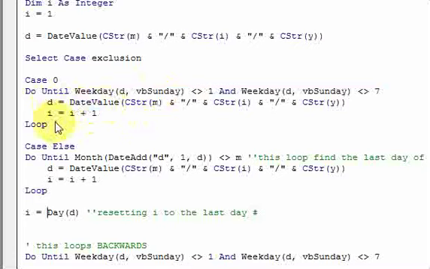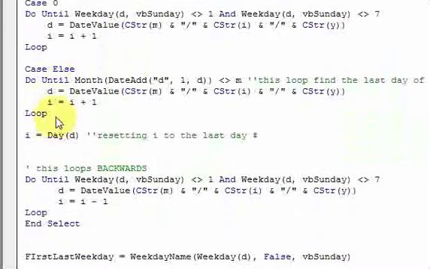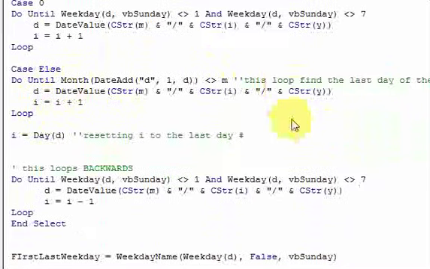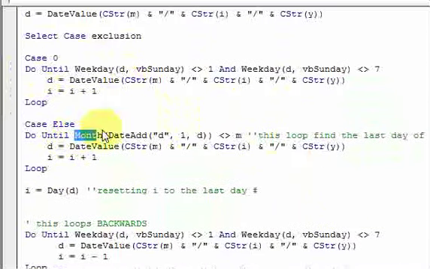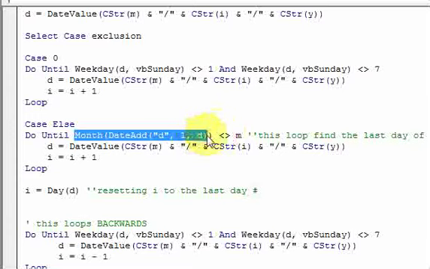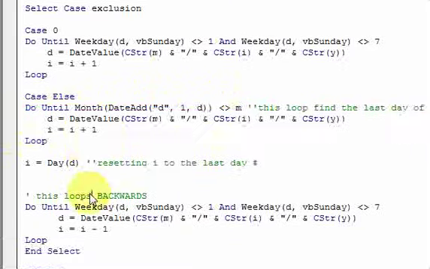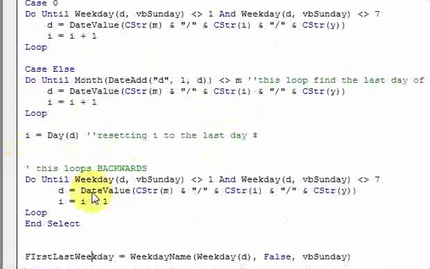If they pass in 1, if they want to find the last weekday, then it's a little trickier, but not too much. So we did a loop that finds the last day of the month using the same sort of logic, only here the criteria uses this month function and a date add function to look a day ahead. So we can look a day ahead to see if tomorrow is the first day of the month, and that's what this is doing here. And same thing, you construct a date and you loop, and then once you find that last day of the month, you loop backwards